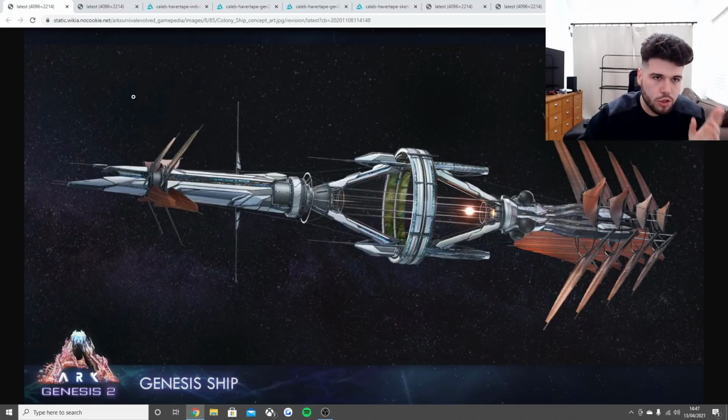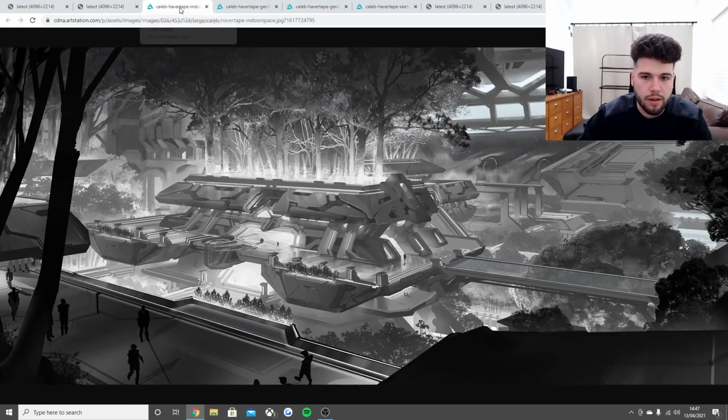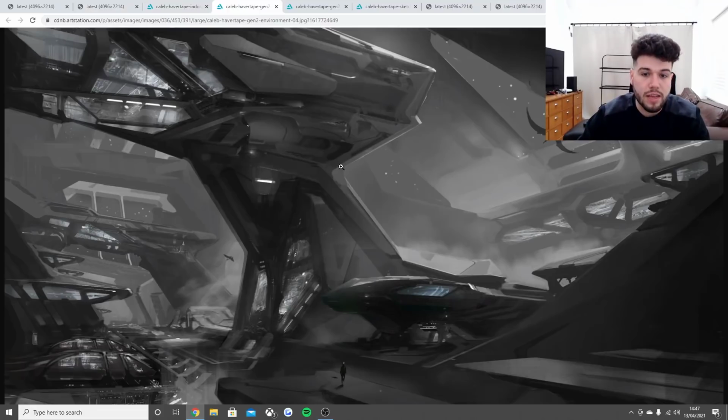And there's also another one that we did get from Wildcard here, where we get a little bit of a closer look at what this ship is. And I still don't know what this logo is. I have no idea. You guys will have to let me know if you know a little bit more about that. But in recent photos, and I need to find the one that I wanted to show you, this one,